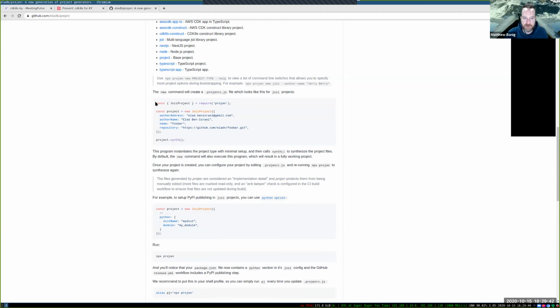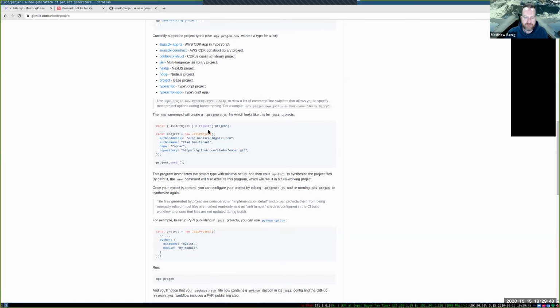So here's an example. We can talk about it if you want to, a JSII project. So if you are going to create one of these constructs, if you have an AWS CDK construct or cdk8s construct, or any kind of construct that you want to create and make available in multiple languages, then you build that using the JSII. So you write everything up in TypeScript, and then you hand it over to this thing called the JSII, which then generates the code for Python, Java, .NET, and otherwise for you. So then you just package that and ship it as is.